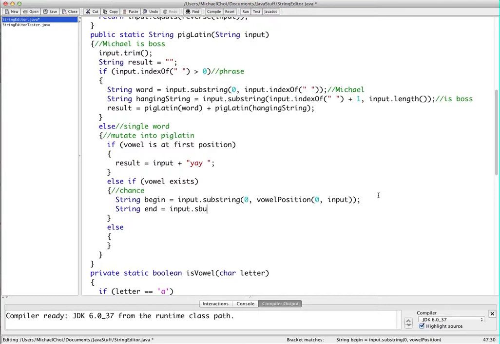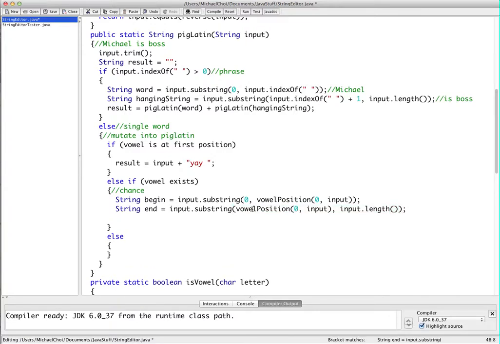And the end will be from the first vowel position all the way to the string length, or word length. Recall that substring does include the -1, so we don't have to say -1. And our result will be end, plus begin,